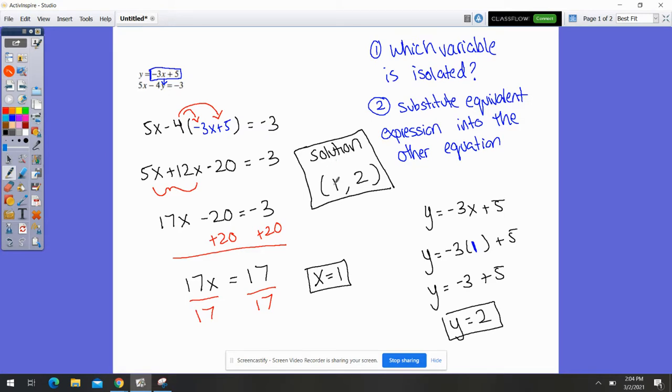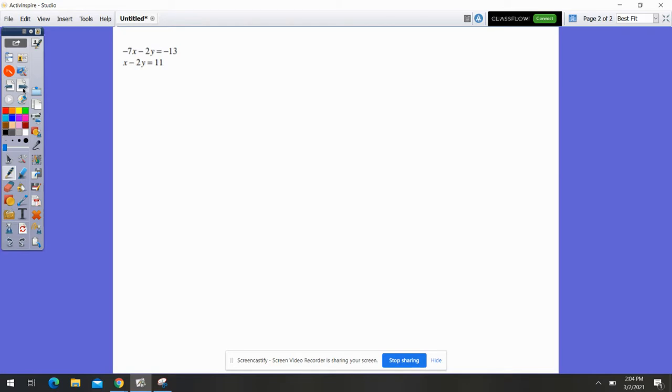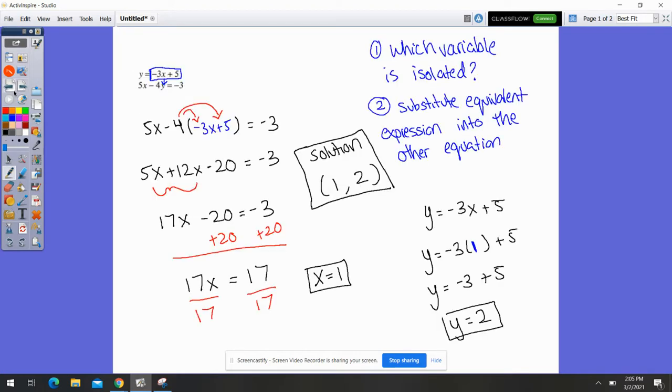Now let's take a look at one more. Okay. As you could see in this example, we want to think about the same steps. Both of these lines are in standard form, okay? So we don't have a variable that is by itself. Okay, so if we go back to the original notes here,